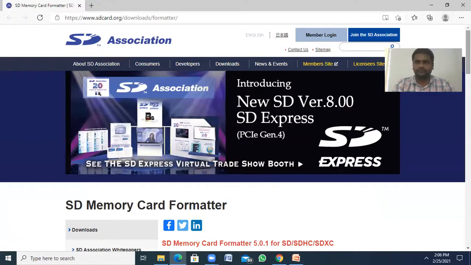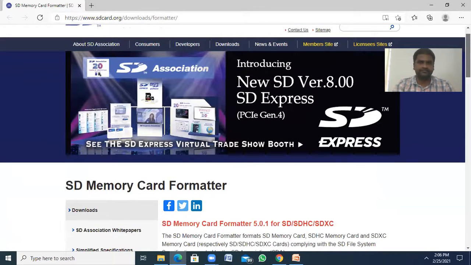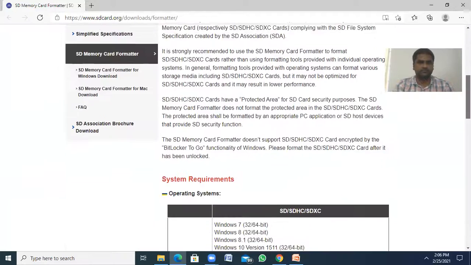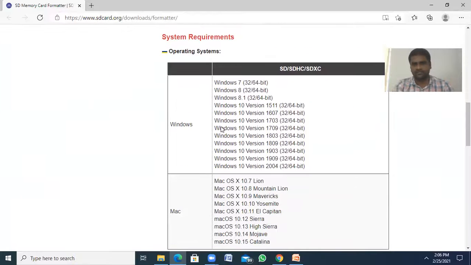This is the website. We need to download this SD card formatter. You can select whichever operating system you have, Windows 10, 32-bit or 64-bit, and download directly.